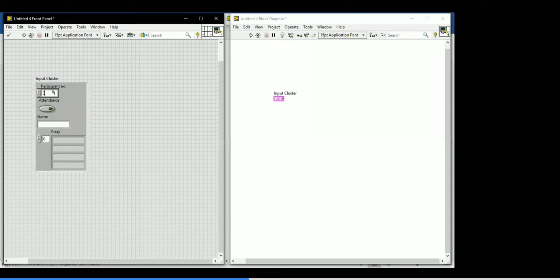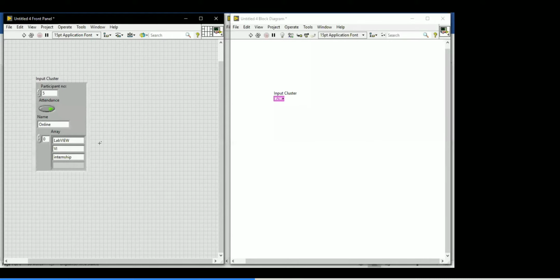Now let me give some numbers. Some name I'm giving there. Online I'm giving there. So this is going to be a LabVIEW, so here it's going to be a VI. Here that will be internship I'm giving there. So this is the way to create the cluster over there. In the cluster you can put an array also. Nothing will happen over there.